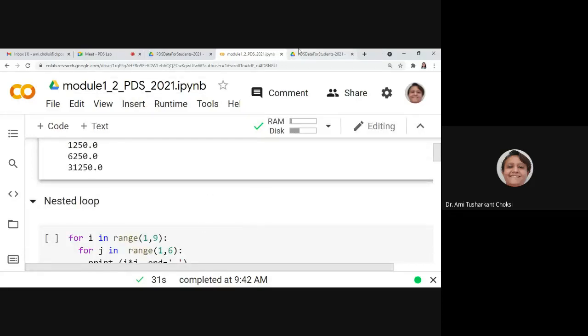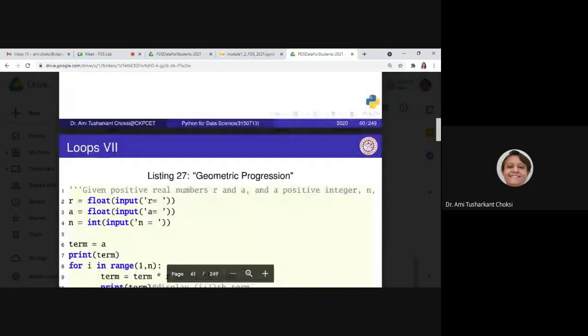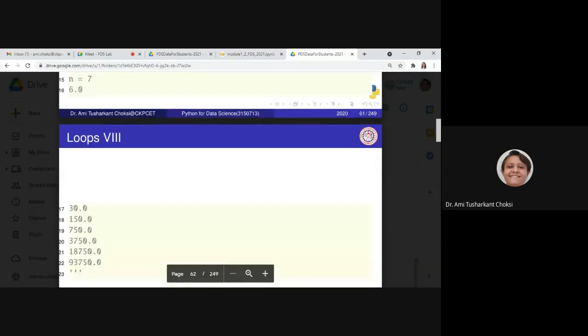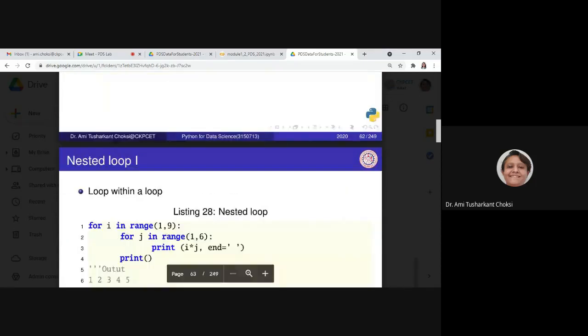See, in our PDF file we are having these things, right? This example, whatever is the geometric progression, this is that, the same thing. What I used to do is, some people would like to read it from the PDF file, some people would like to read it directly from the code, right? And whatever is the explanation, I have made both the things for the basics of our Python. Then after that we'll be having only Python code, that is the IPYNB. The explanation will be there in the IPYNB file only.